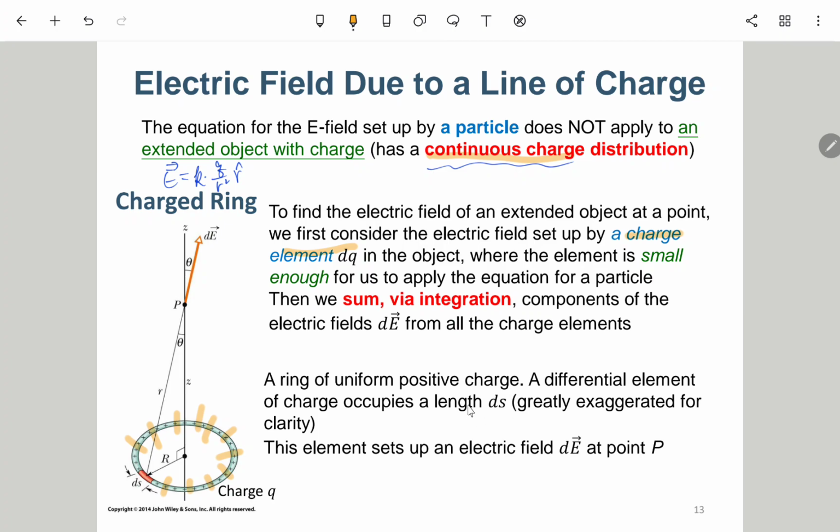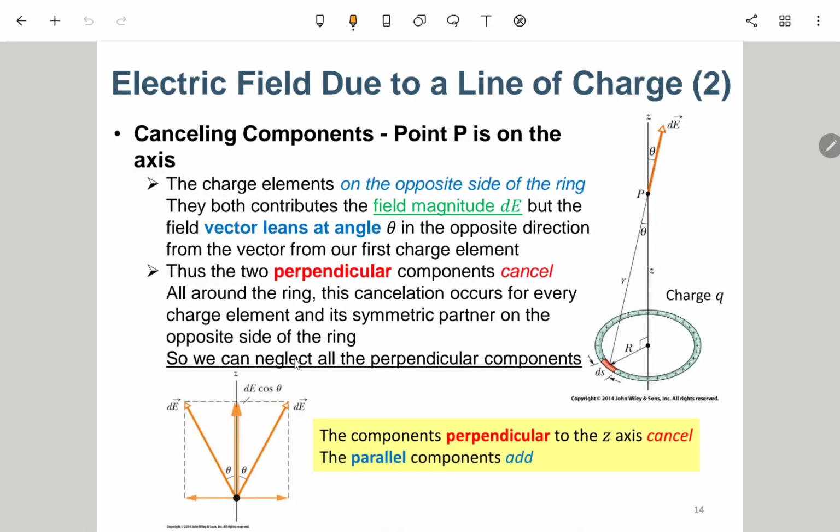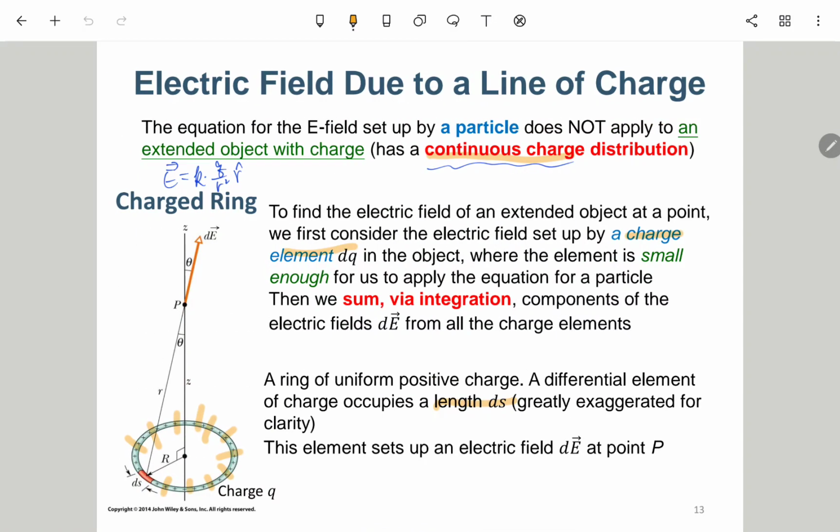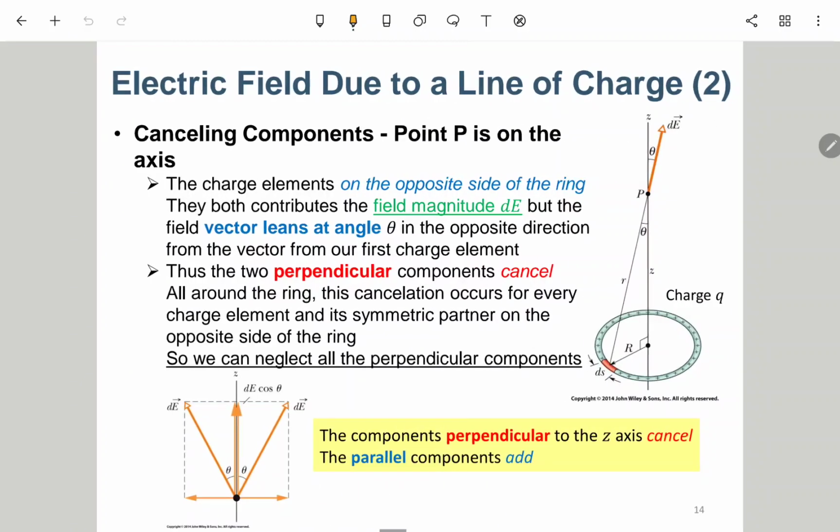charge occupies a length ds, greatly exaggerated for clarity， 就是夸张的大的，其实它应该是非常小，但是我画的非常小，你就看不到嘛，所以故意画的比较大一些。Okay, so this element sets up an electric field dE at point P. So the first step is to separate it into many small charge elements,